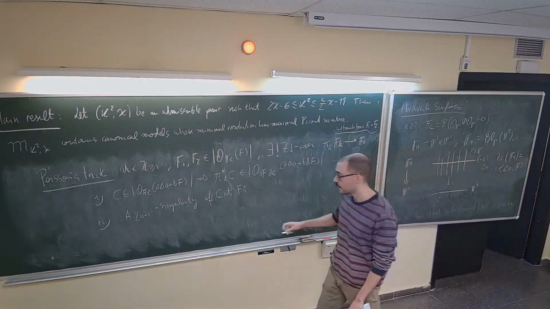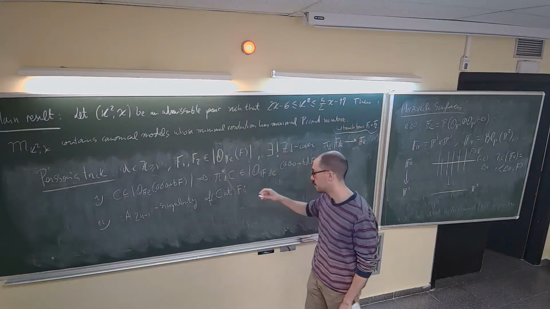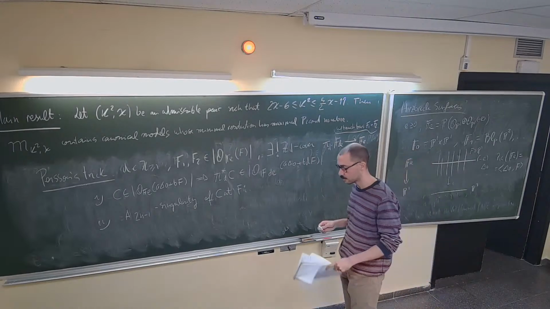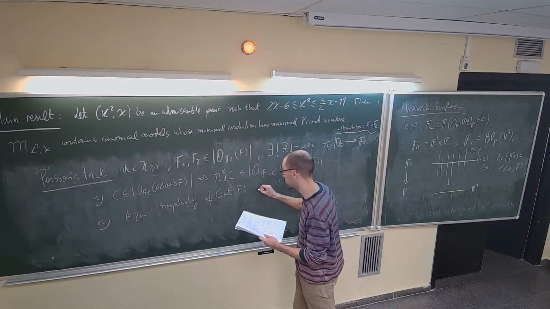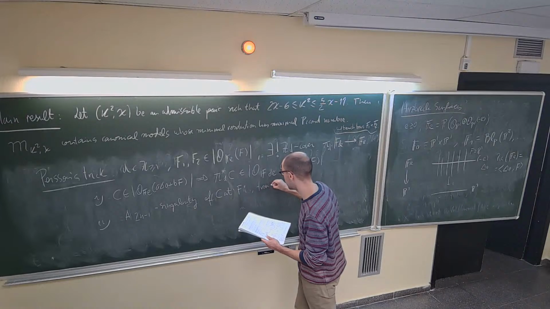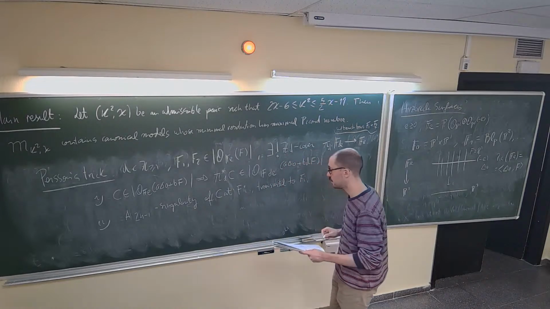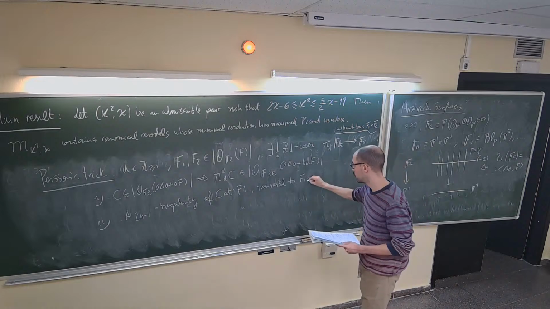So the thing is that if we have a singularity of C at one of these fibers, and this singularity is transversal to the fiber, okay? Then